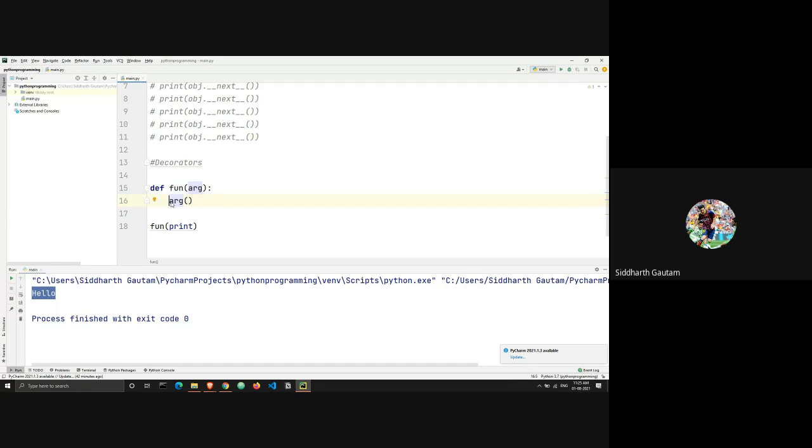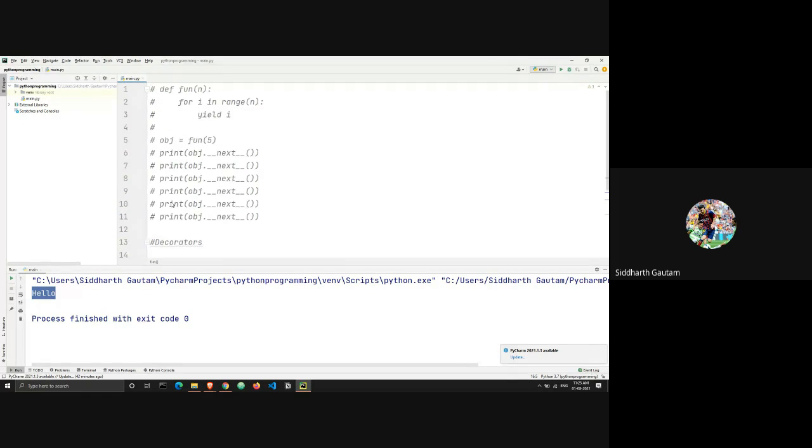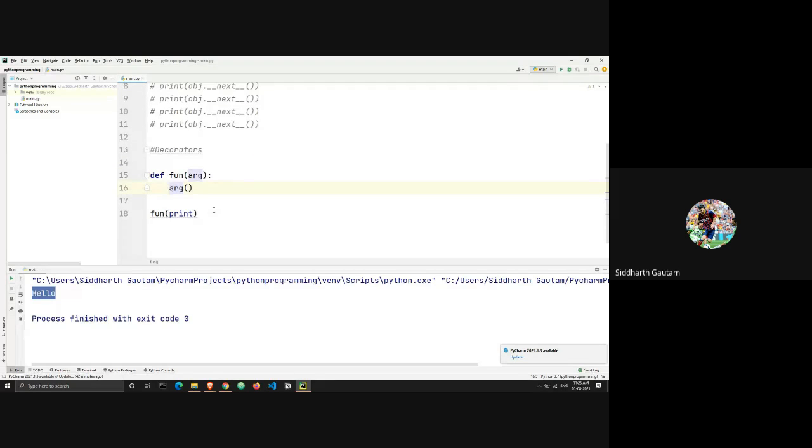But arg as a function has not been defined yet. You can take a look at this entire file, and nowhere does it say what the arg function does or what the arg function is. But the caveat is that the arg function can take values from outside. Why? Because it is an argument in and of itself of its parent function. So when I call this function, I can pass the argument of another function, and using that function, I can execute this. Got it? Any doubts here? This is interesting, but it can also be confusing. Any questions?